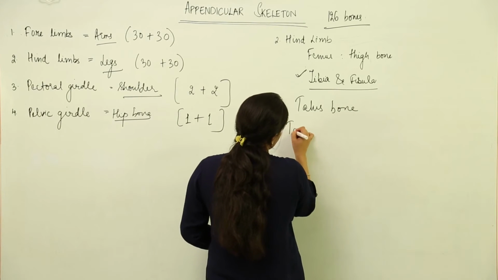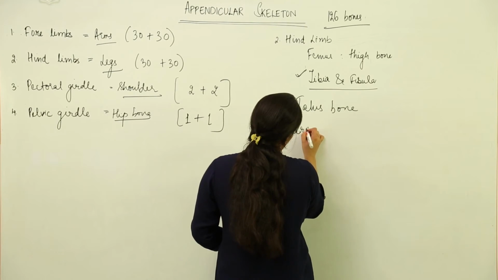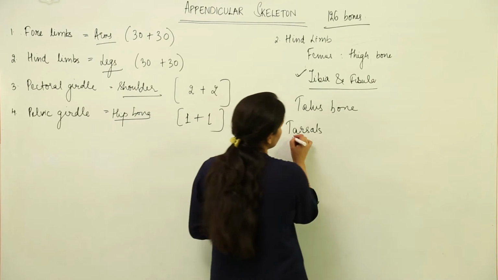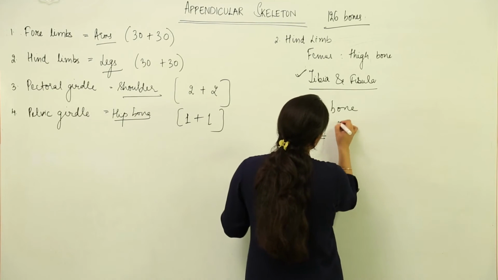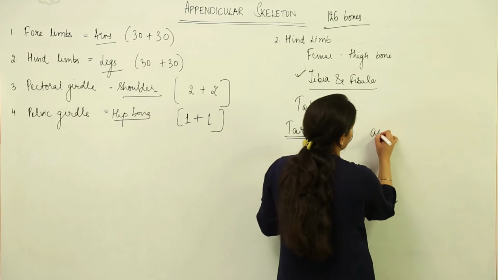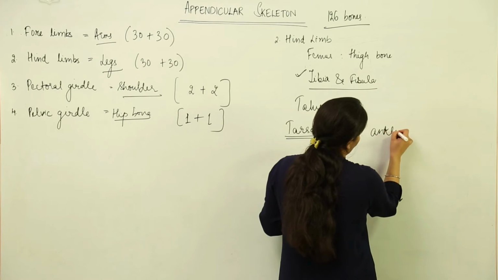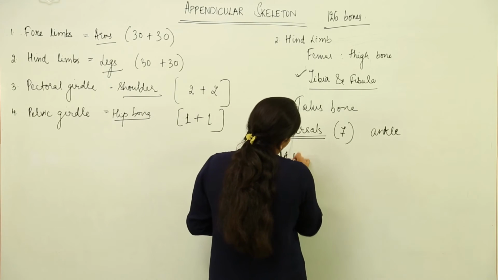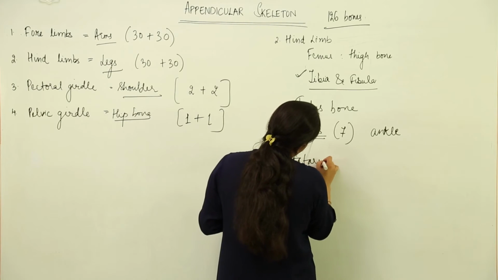So next is, like we had carpals in the forelimbs, we have tarsals which are 7 in number. These tarsals form the ankle of our feet. Alright, then we have 5 metatarsals